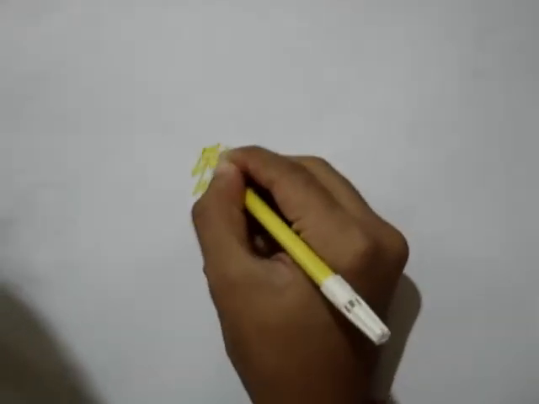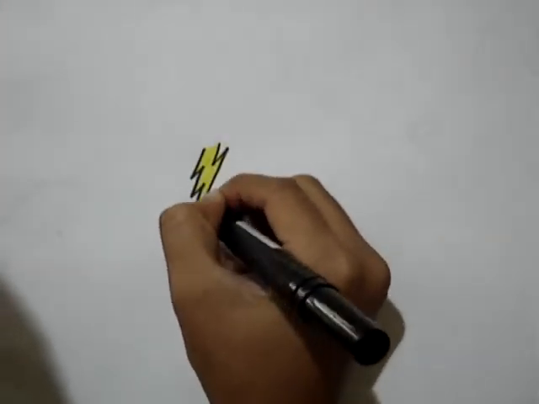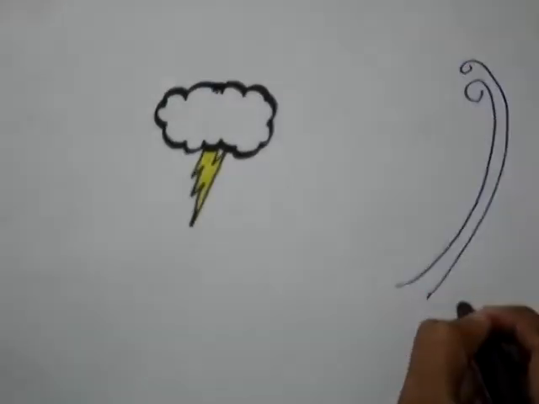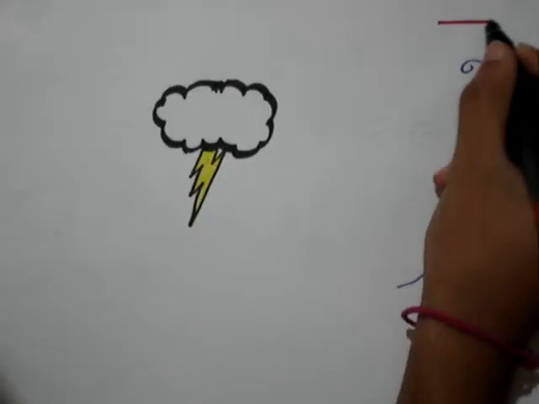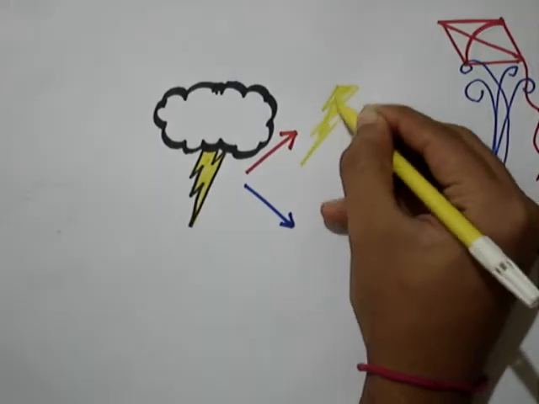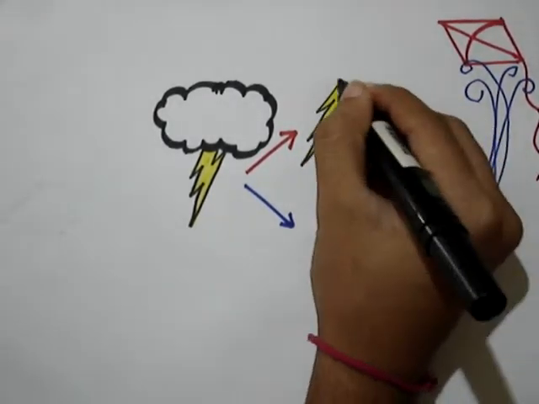This is not electricity, it's a lightning bolt. What's the difference? Well, lightning bolt is just the effect of electricity. Electricity itself is invisible. It's like saying when wind makes a kite fly, you can call the flying kite the wind. I can't draw something invisible, so I'll still use this to represent electricity.